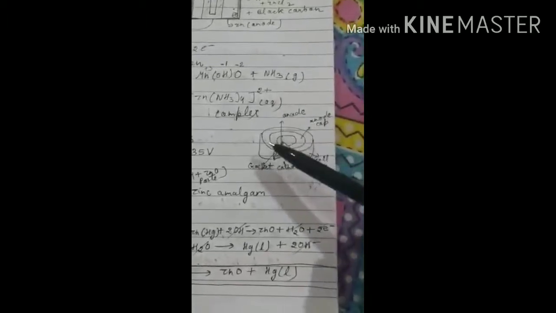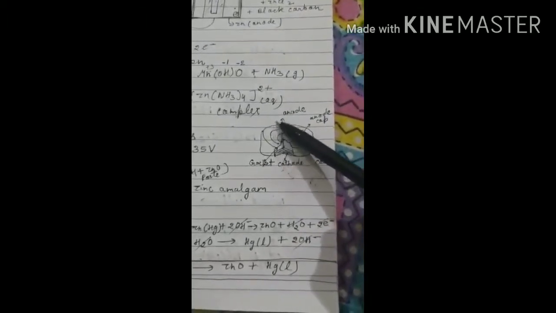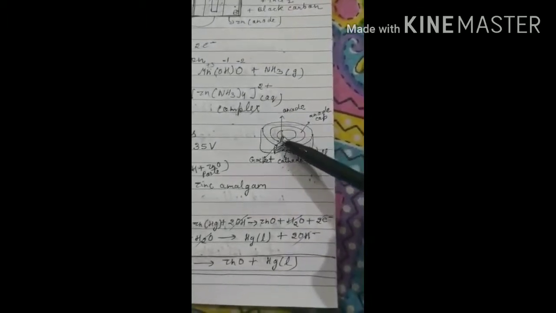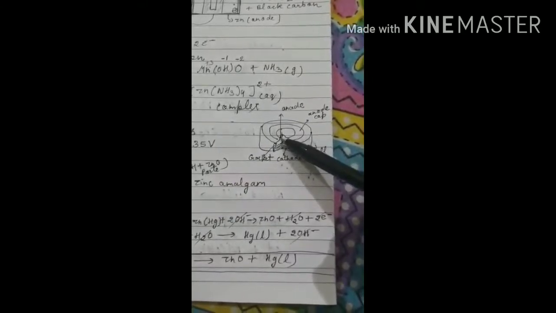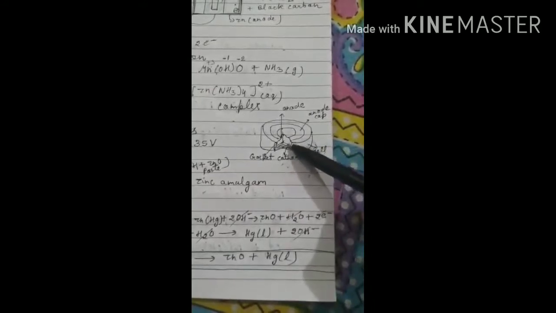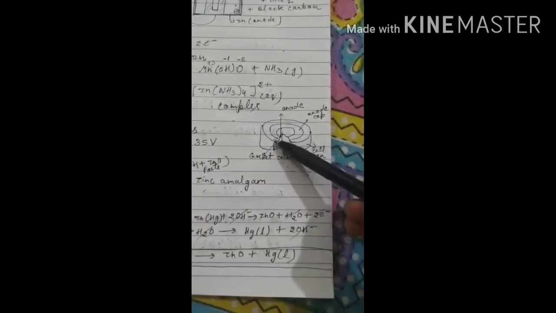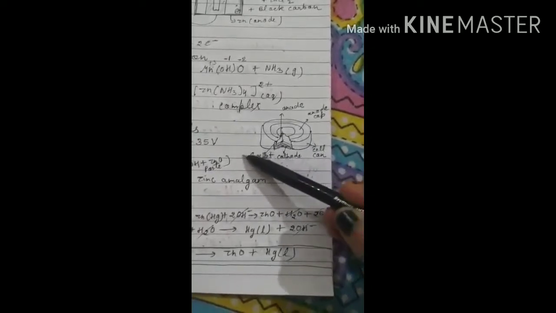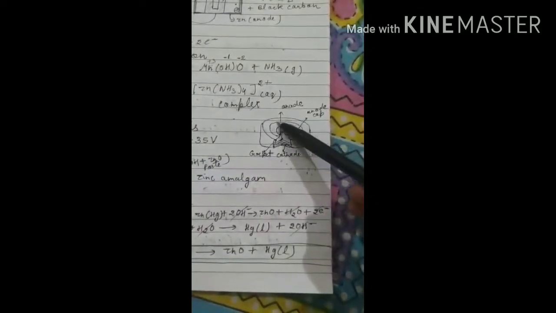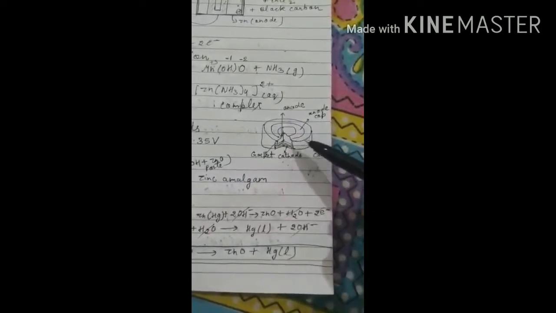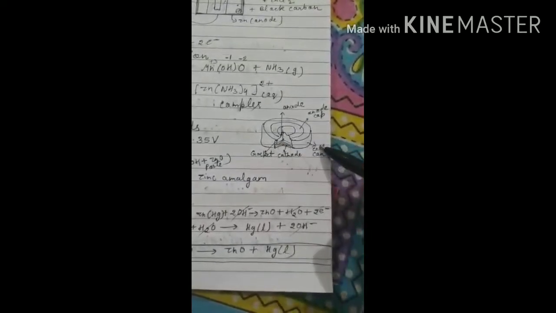Now a little figure. It is in the form of a button, and its top, the mercury part, acts as the anode, and its bottom acts as the cathode. The layer which separates them we call the gasket, and this is the anode cap, which is present in the center. The covering of this cell we call the cell can. This was the simple construction of this button cell.